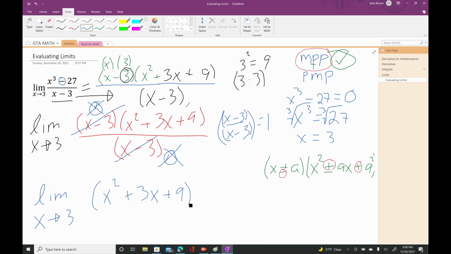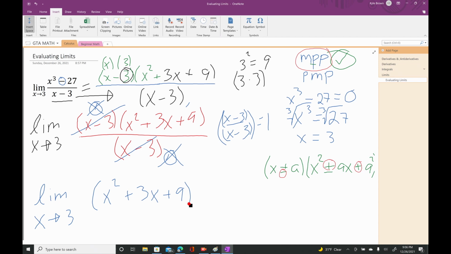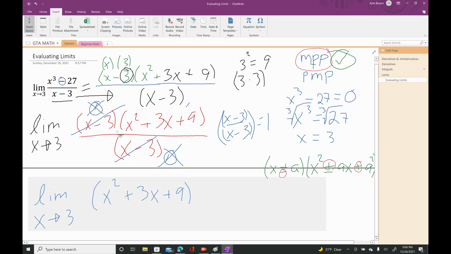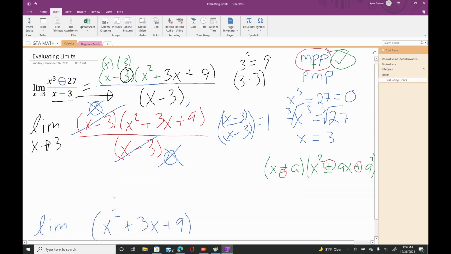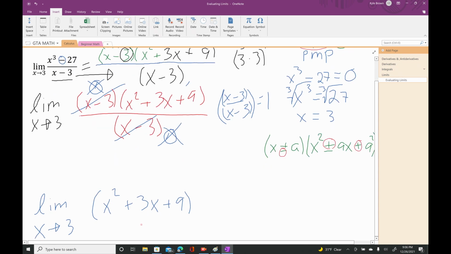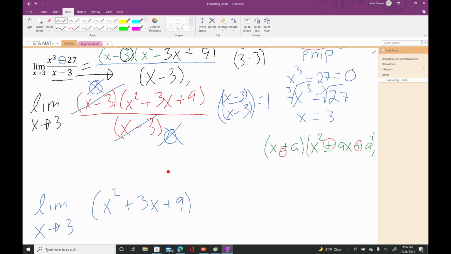And now that we have something we can work with, we can actually evaluate the limit in a way healthier way. So now I'm just going to plug in 3. So the limit as x approaches 3,